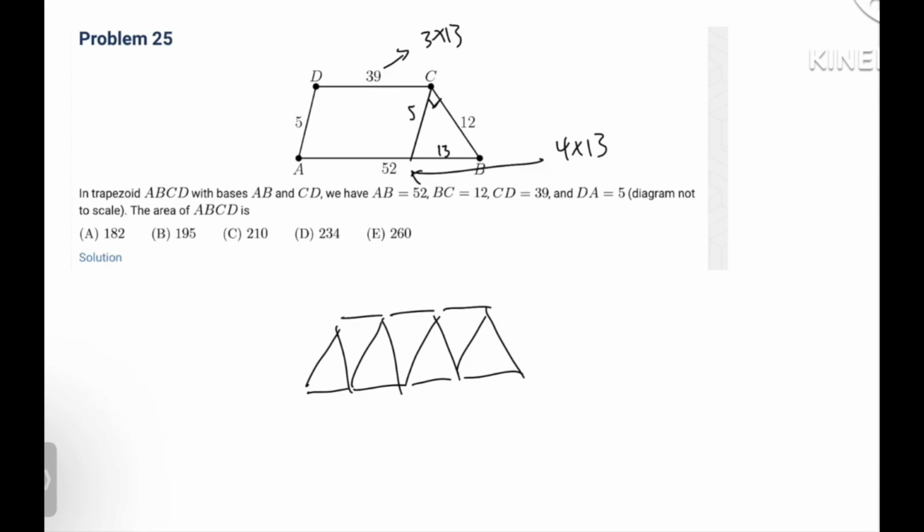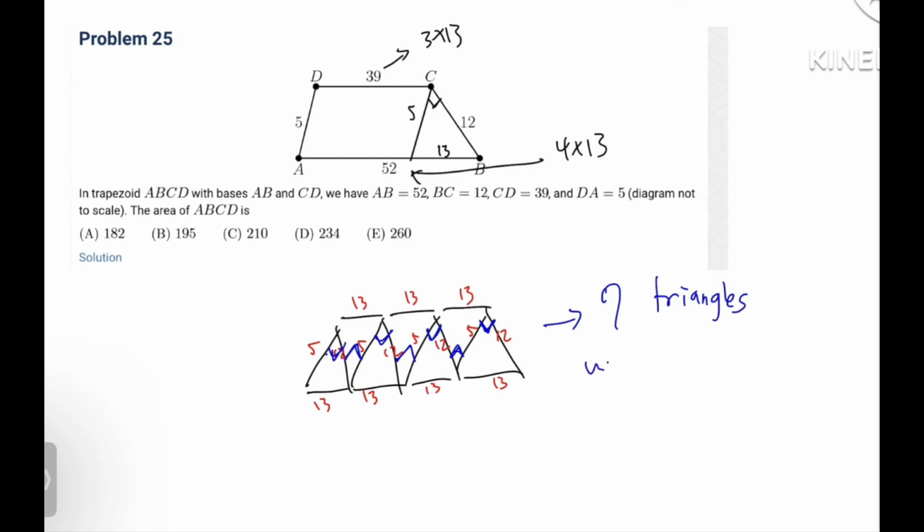So this would be 5, this would be 12. Let's put this in a different color. 5, 12, 5, 12, 5, 12, 5, 12, and these would all be 13. And so the thing is that these will all be right angles. So we have 7 triangles